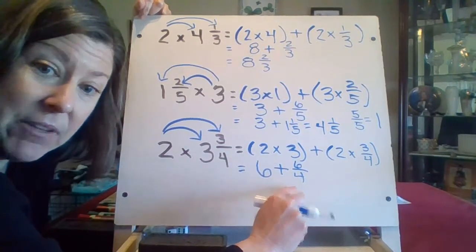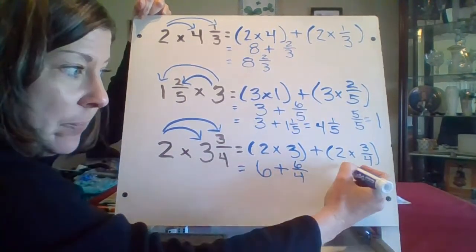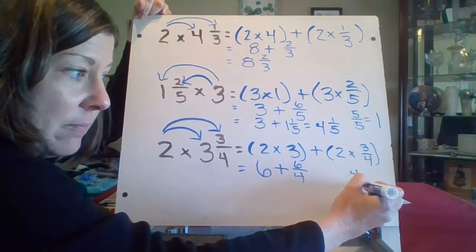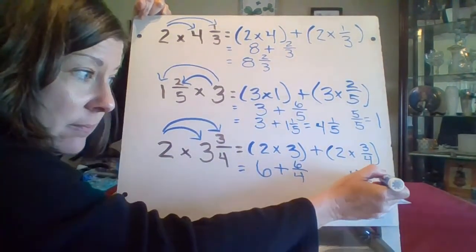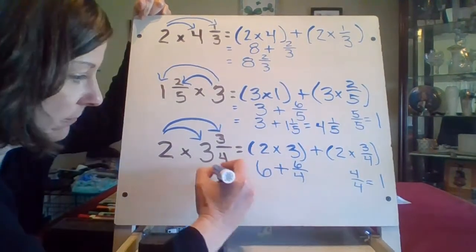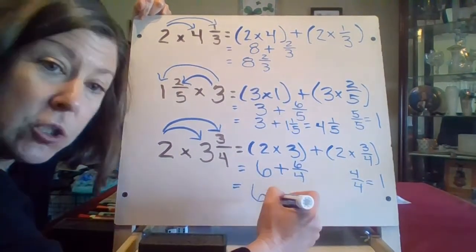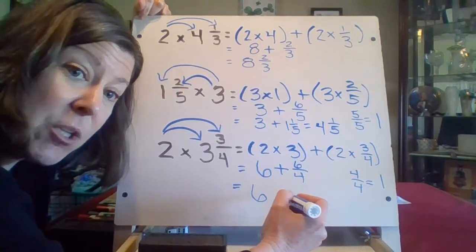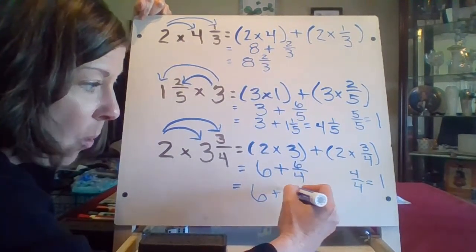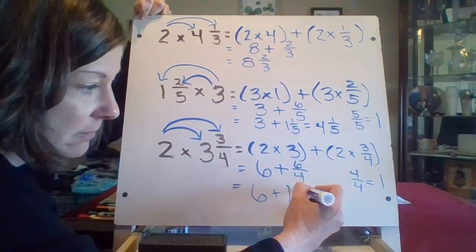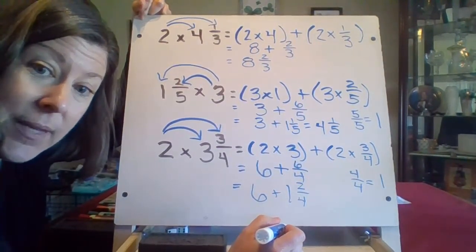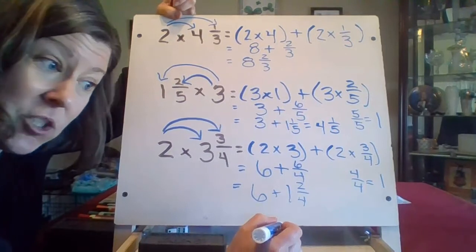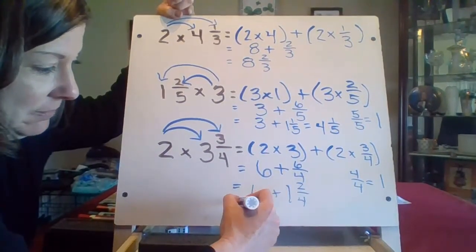Well, again, I have an improper fraction. I know that 4 of those fourths is 1 whole. So I actually have 6 plus 1 and an extra 2/4. And that gives me a final answer of